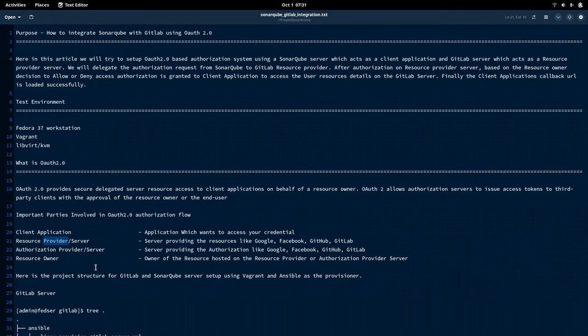Basically, this server is going to get the client ID, and based on the client ID and client secret, based on the request from the client application, it is able to grant authorization to the resources which are there on the resource server, based on the approval of the resource owner. Okay, and the resource owner is going to be the owner of the resources which are hosted on the resource server. Okay, so in our case, we have the resource provider and authorization provider on the same server,